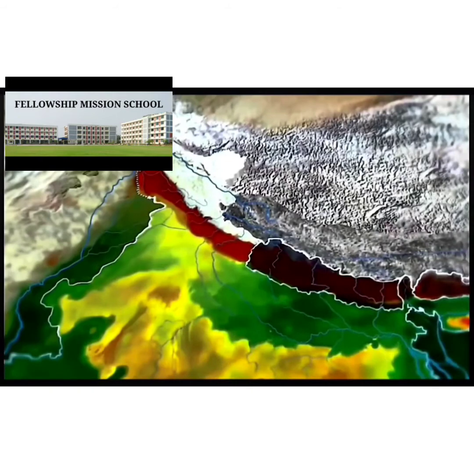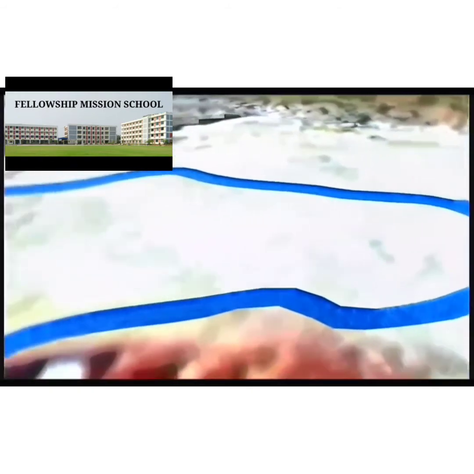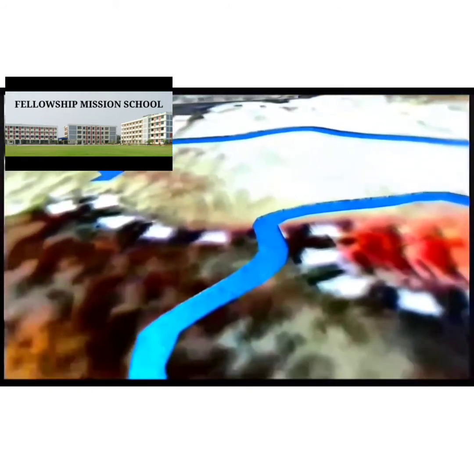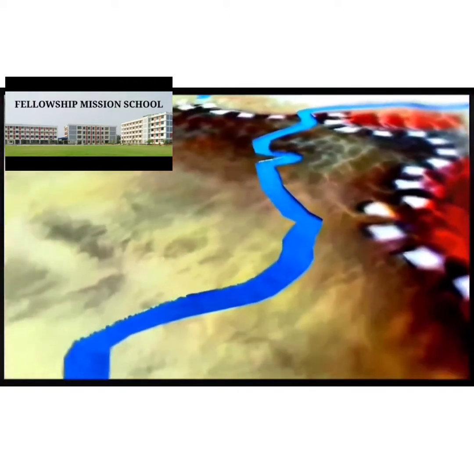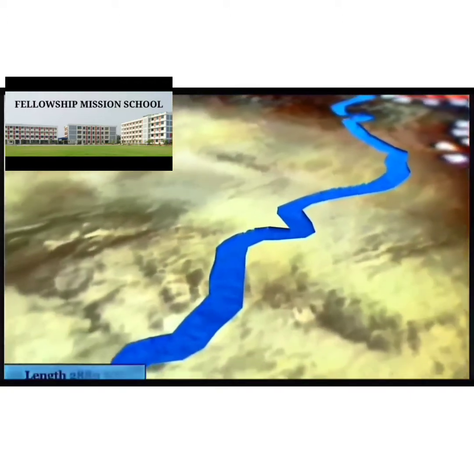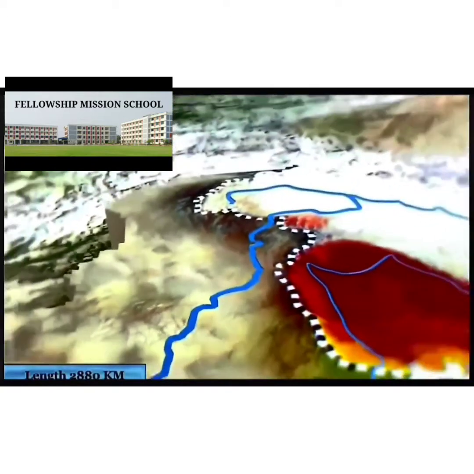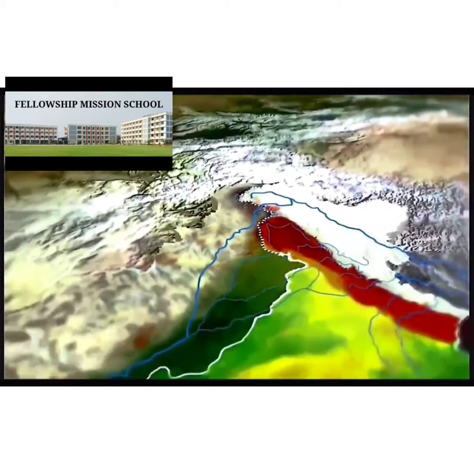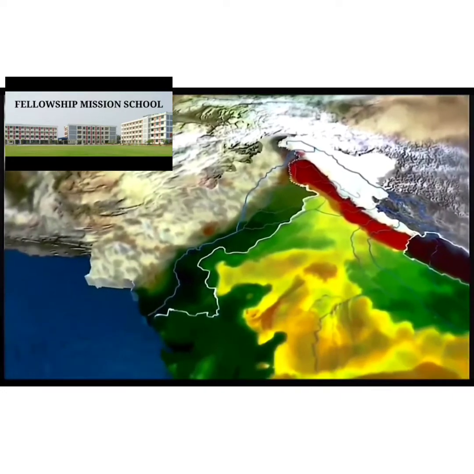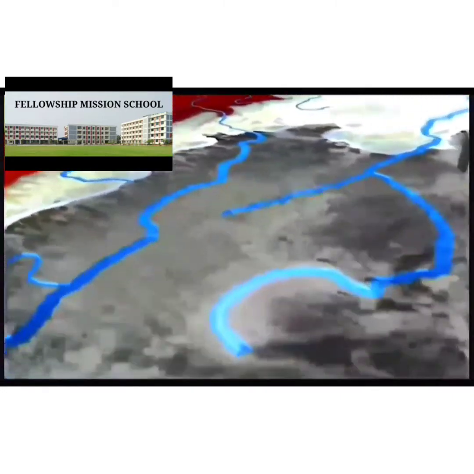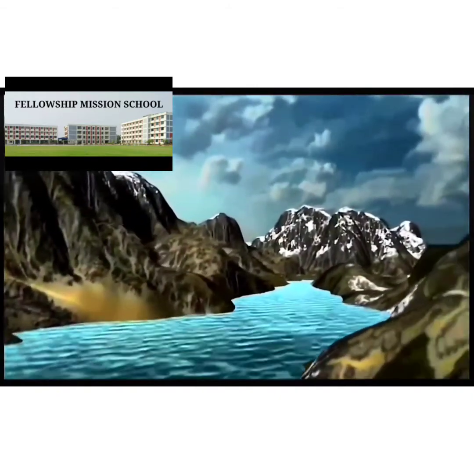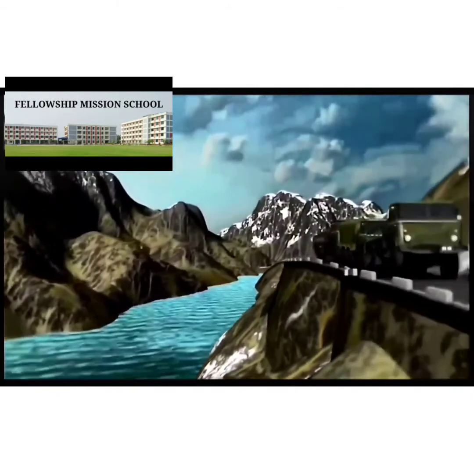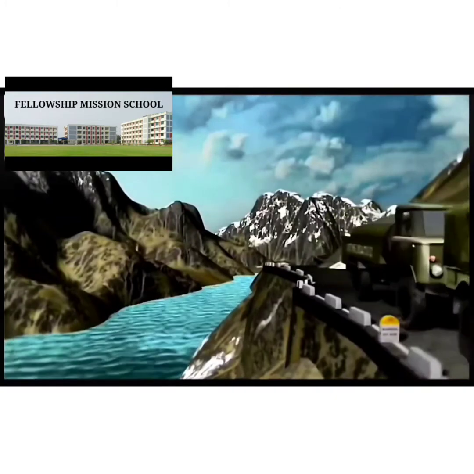The Indus river system is one of the largest basins of the world, covering a length of 2,880 kilometers, that is approximately 2,900 kilometers, of which 1,114 kilometers lies in India. It is also called Sindh. It originates from a glacier near Kailash mountain near Mansarovar Lake in the Tibetan Plateau. Flowing west, it enters India in the Ladakh district of Jammu and Kashmir. Then it cuts across the Ladakh range and enters Pakistan.